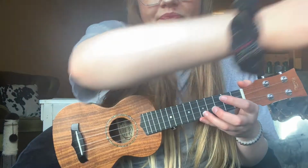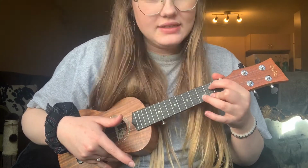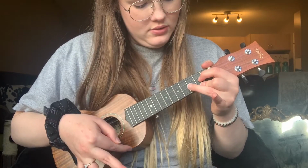Okay, so now I'm going to go a little bit faster between G and C, but still trying to keep that same technique. So I'm going to start with G, C, G,